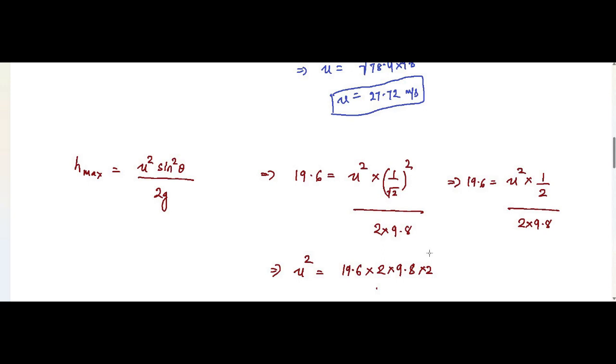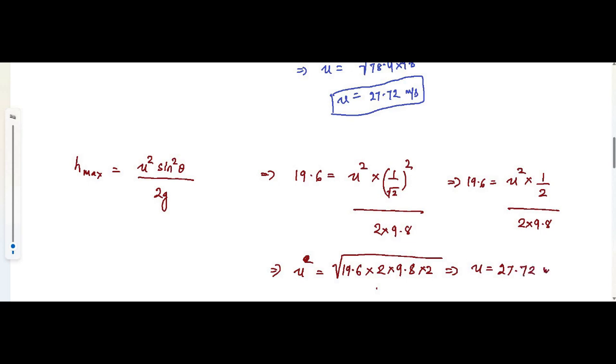So we have the same thing, that is 78.4 into 9.8. So we'll have 19.6 into 4 is 78.4. So same result we'll be getting. So that implies u is equal to root over of this whole expression. U will be root over of this whole expression, and it will be the same result,